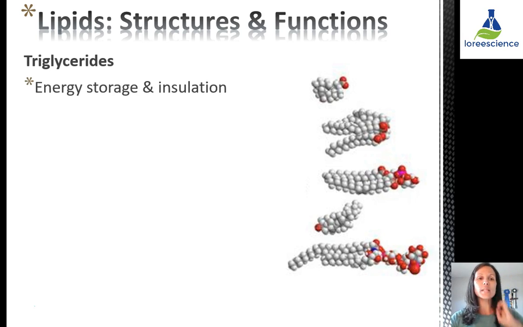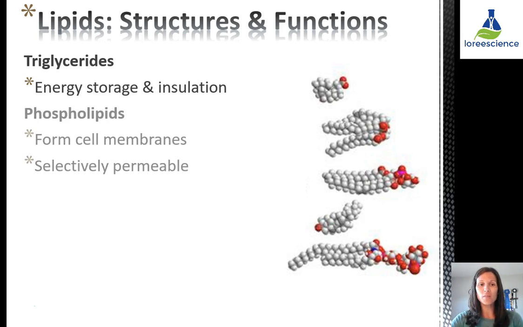The first structure that we're going to take a look at are triglycerides. Tri implying that there are three parts. They are used primarily for energy storage and insulation in organisms. The second type are phospholipids. They form cell membranes and are selectively permeable, which makes sense seeing as things need to get both into and